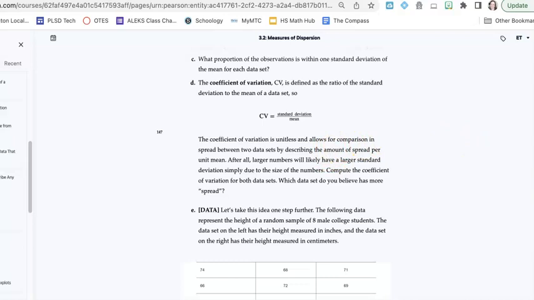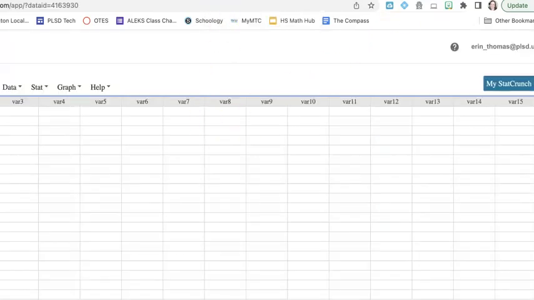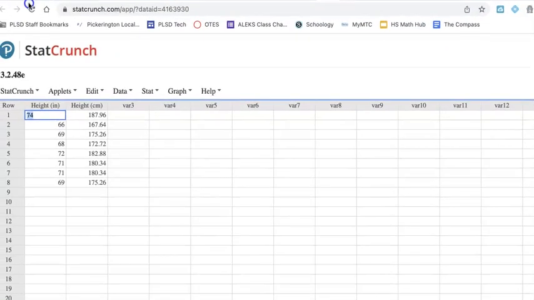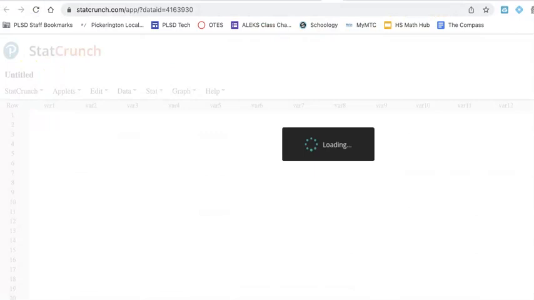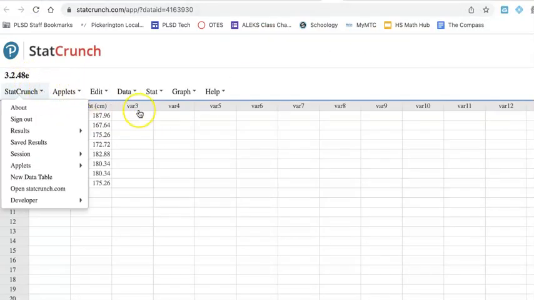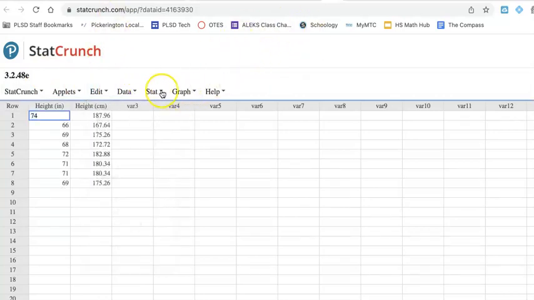Part E has a new set of data, so you have to actually go in and load that new set of data in. You can see it says 48E. I will say on this one that in the links, it didn't have the ending on it. So I had to type in, they normally, when you go to data